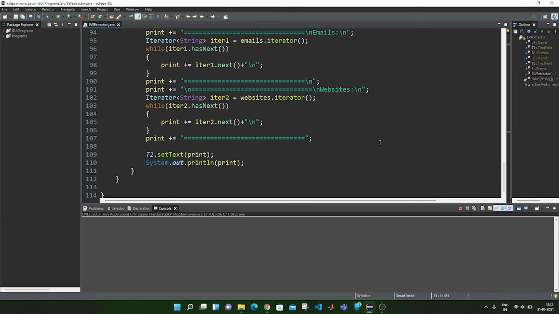After printing the emails as well as the websites, we are going to set the text of T2 as print, which is the final concatenated output text which we want to print.